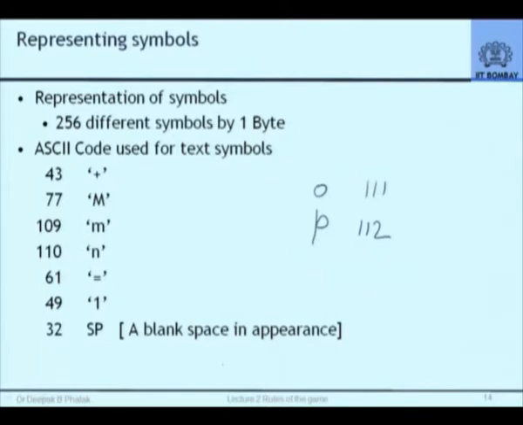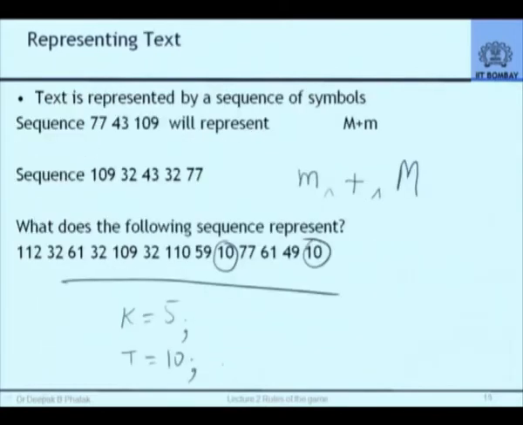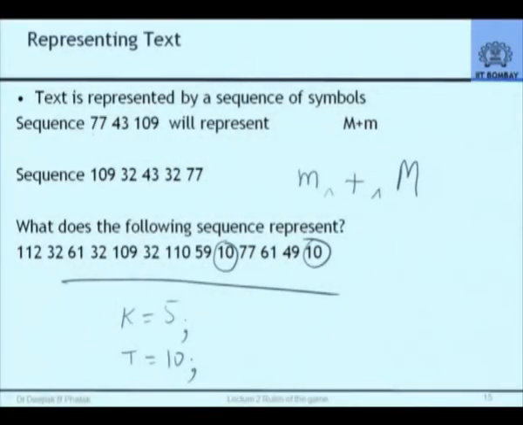What I was trying to show on the next page was just an illustration that if I have written this as a text on my paper, capital M plus small m, then internally what will it mean? Internally it will mean a sequence of 3 distinct values. One representing the value of the capital M symbol, another representing the value of the plus symbol, and the third representing the value of the small m symbol. So these 3 symbols will correspond to these 3 values. And the question I was raising is, these 5 values will correspond to what? There is an additional symbol represented by value 32 which happens to be a blank space. That is why you see a blank space.